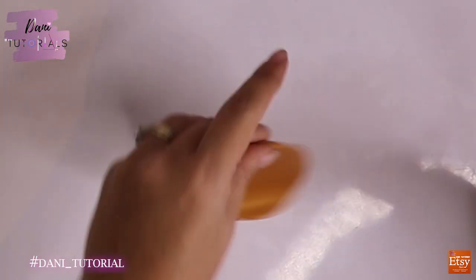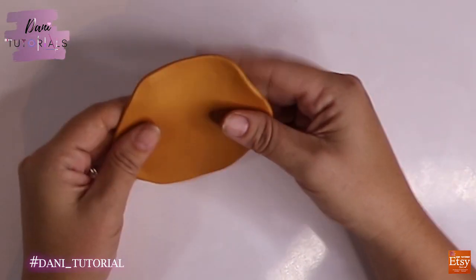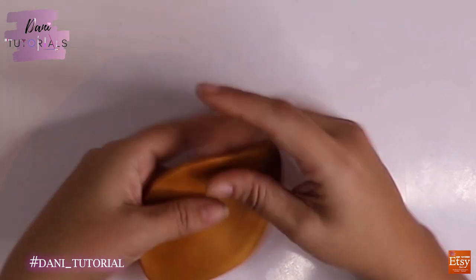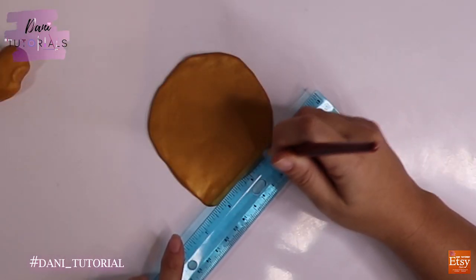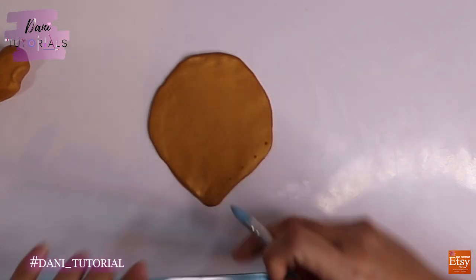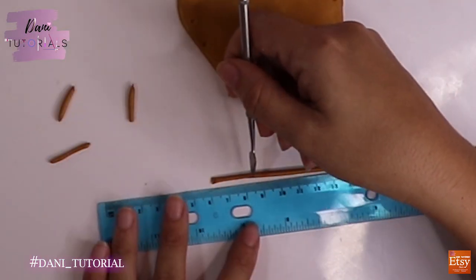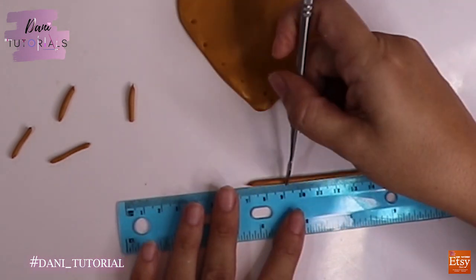Let's set those aside for a bit, and then we're going to open the gold brownish clay that I'm using for his hat. It's kind of like a ball with 2 points on each side, but if you want to make it for yourself, you can make the hat the same brown that you're using for the shoes. And then I just use a ruler, and I mark a little tiny hole every inch or 2 centimeters, a little bit less than an inch, and try to make them placed at the same